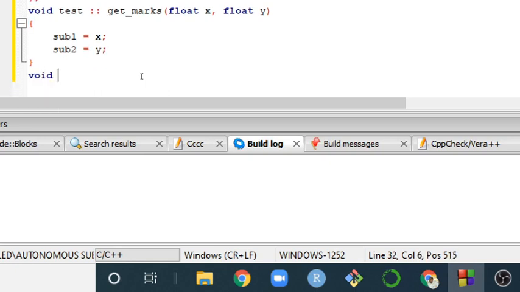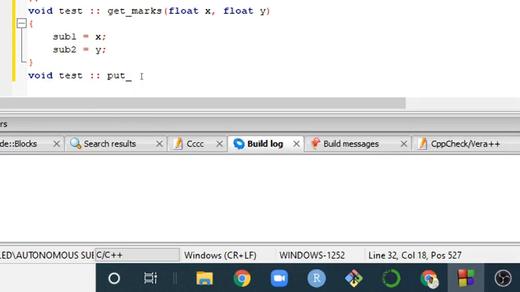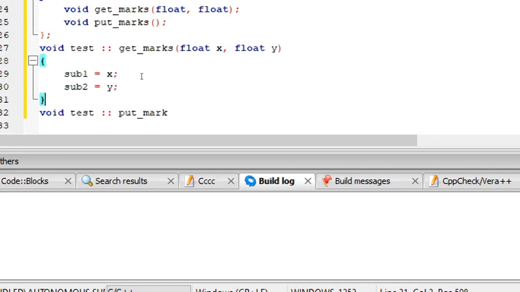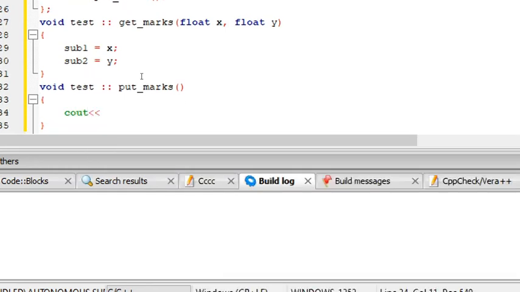The next function, void, class name test, scope, and the function name is put_marks, yes, put_marks, with no parameter. I'm going to display, so let me use cout. I need to get two marks, so marks in subject1.